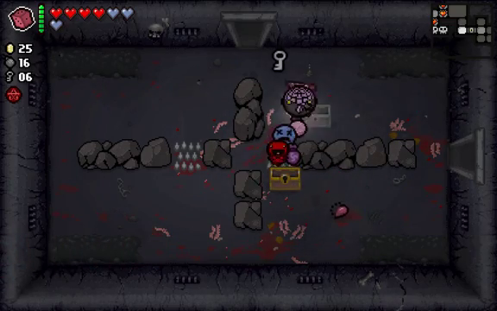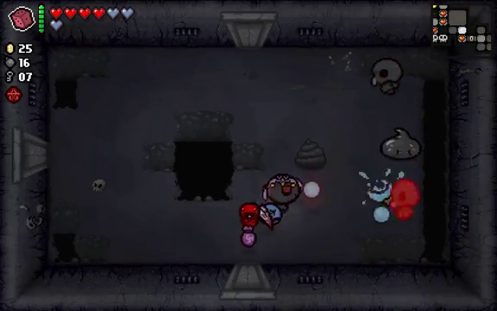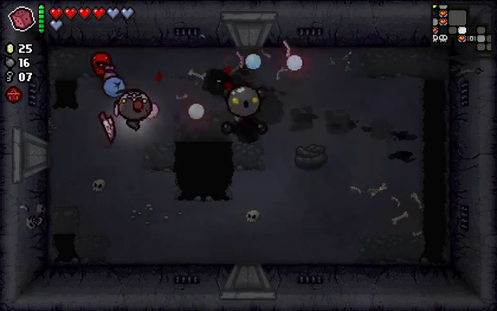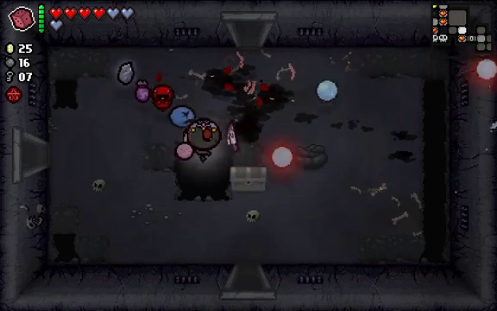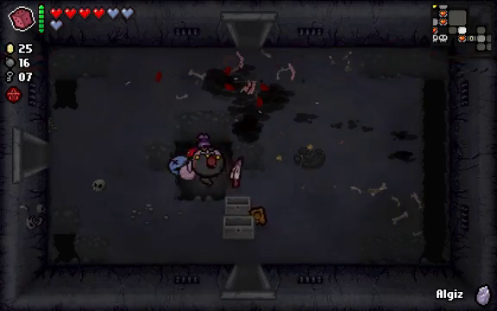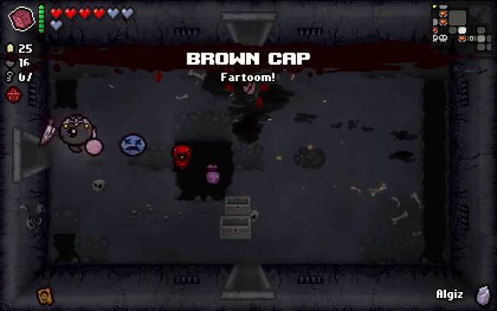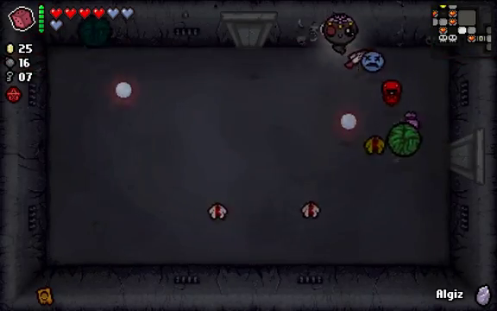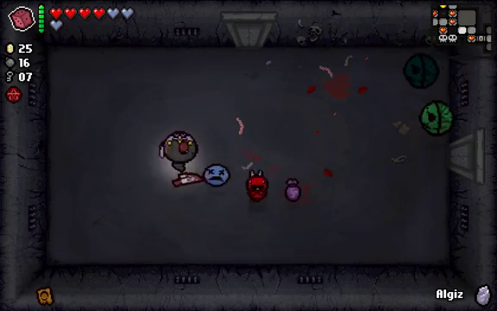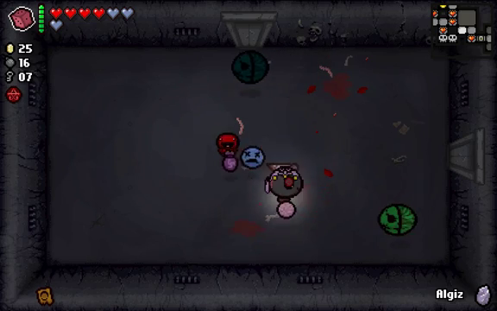And now look, we've got so much HP, we've got so much damage. I probably could have beaten the room without taking damage. But I'm glad that I didn't have to find out. Algiz, nice. We haven't actually had a trinket yet, so we'll take Brown Cap. I can't remember what it does. I think it makes poop explode when you shoot it,